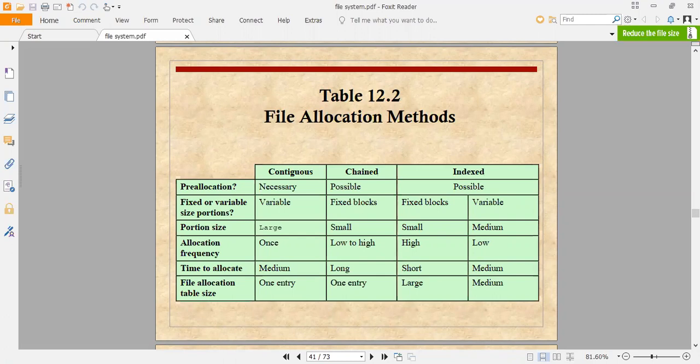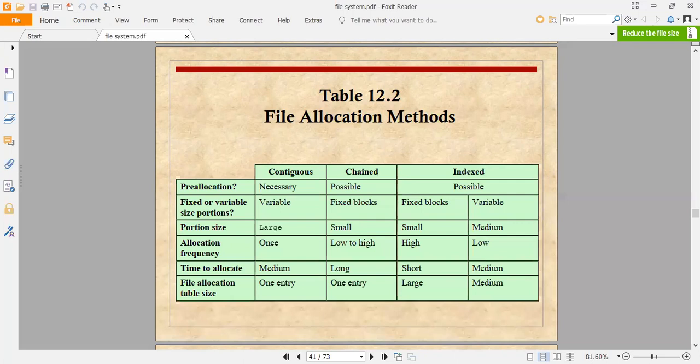Next we have allocation frequency, how frequent the allocations are being done. In the case of contiguous, we allocate once only, in chain the frequency is low to high, as and when required, and in index we follow high to low frequency.